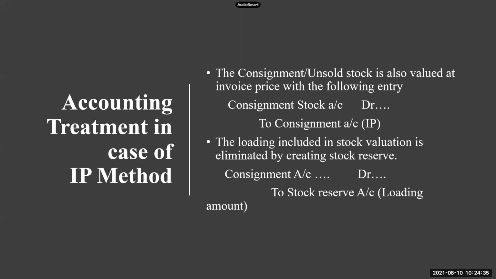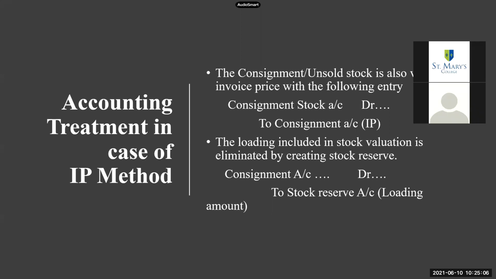Now coming to your goods sent on consignment account. In case of goods sent on consignment account, you will understand when you're doing the problem. There will be one more extra additional entry there. I'll explain that entry when we are doing the problem. Right now, remember that in consignment account, there are two extra entries added. One on the credit side, one on the debit side. So credit side entry is for the loading in goods sent on consignment. Debit side entry is for loading in consignment stock account.